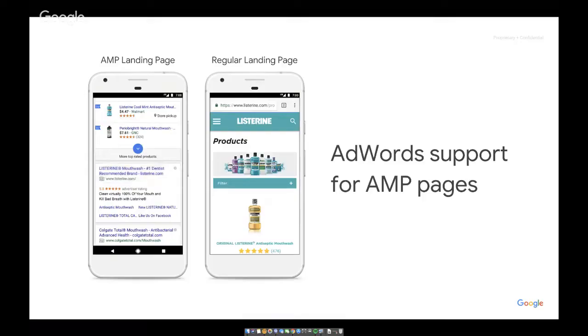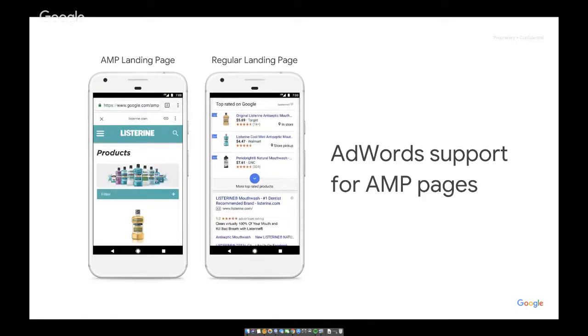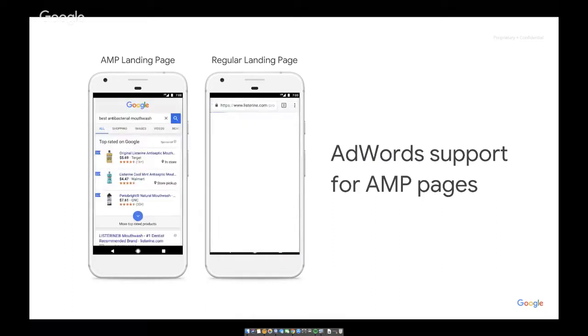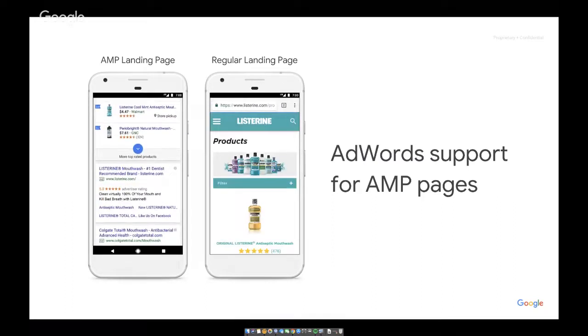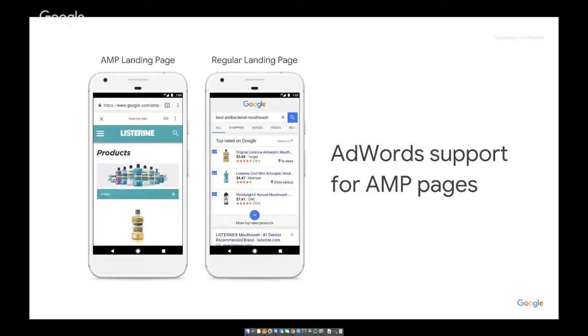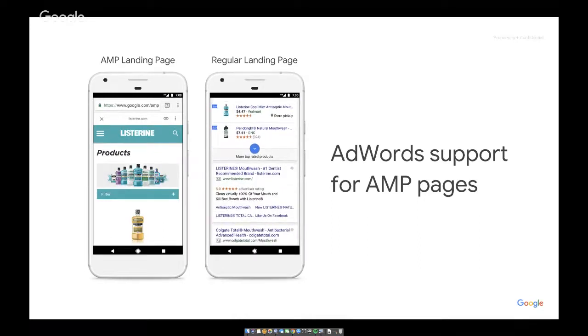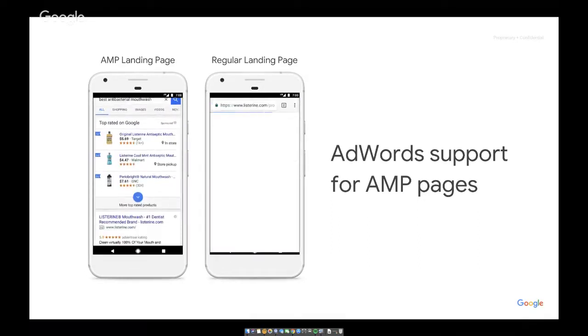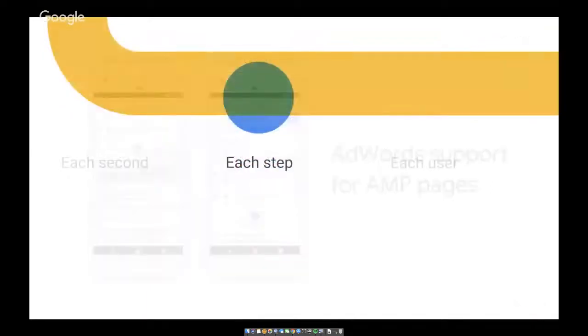This is an example of the AMP landing page versus the regular landing page, and the Google Ads support can help you with that. Again, you should ask your account strategist, but here you can see that it's such a big difference in the experience of the users. It's an immediate loading time, so it's almost instant. I can imagine that it greatly improves your experience on mobile. So it's a very important development.